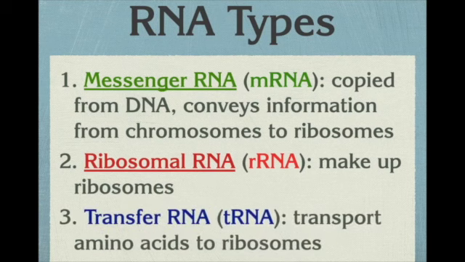The tRNA is short for transfer RNA. The transfer RNA brings in amino acids to the ribosome. They hook in to the mRNA. So the tRNA hooks in at the mRNA. The tRNA is going to come in and bond and attach to the mRNA, which is located at the